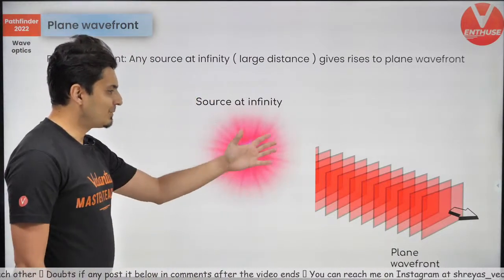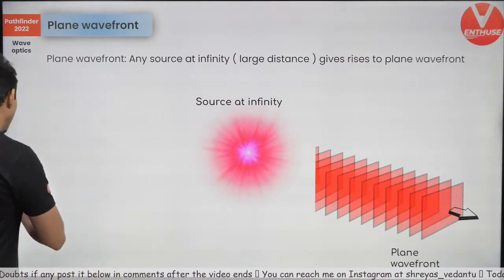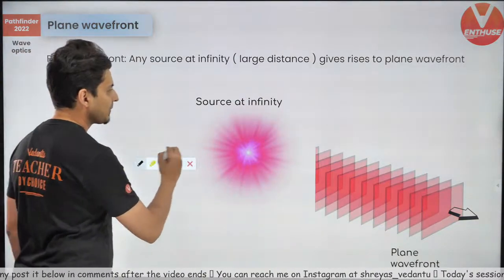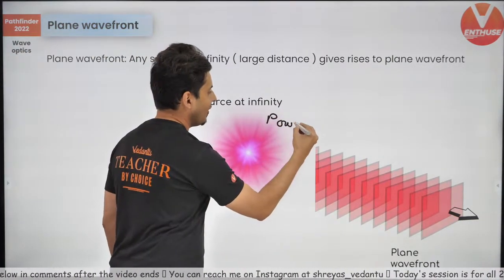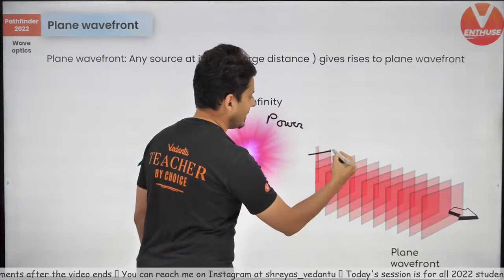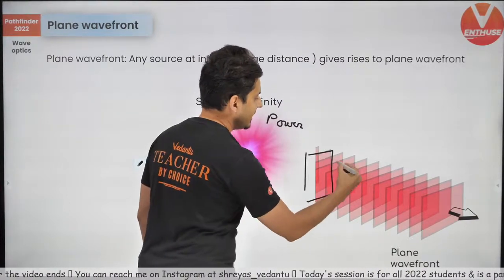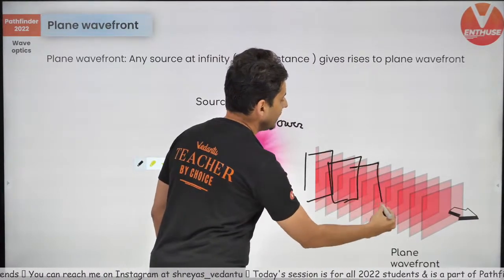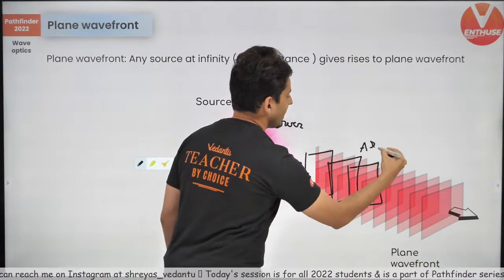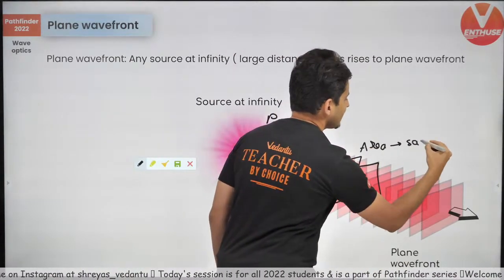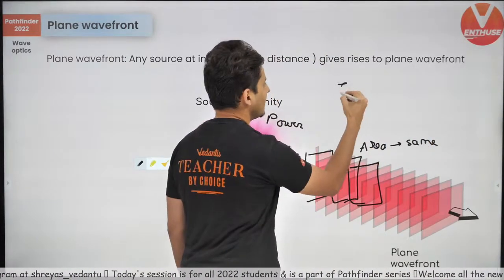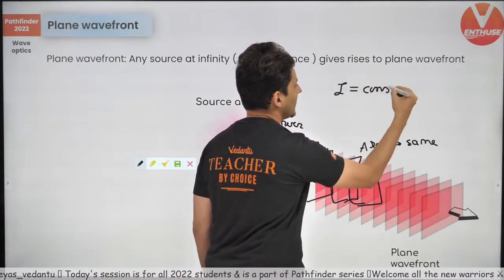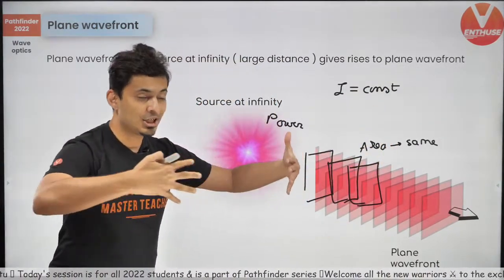Okay, so that's a planar wavefront, and guess what? If the power of the source is P, then the energy remains on the same area. So the area remains the same, hence the intensity remains constant